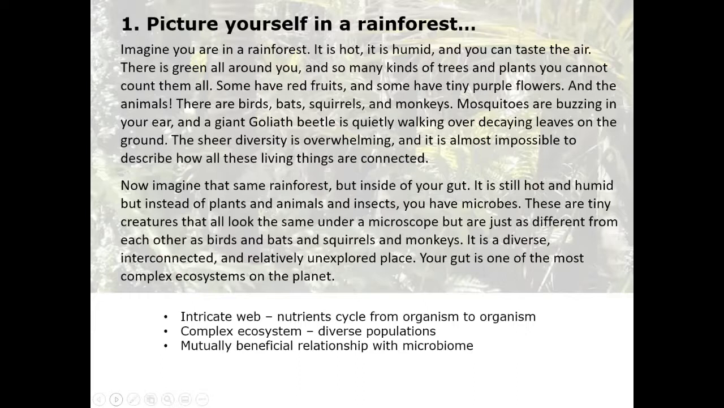Microbes have been on the planet way longer than we have. And so as we have evolved, we have worked together with the microbes, and it works as a very beneficial relationship. And I will just show you, if you were using the online